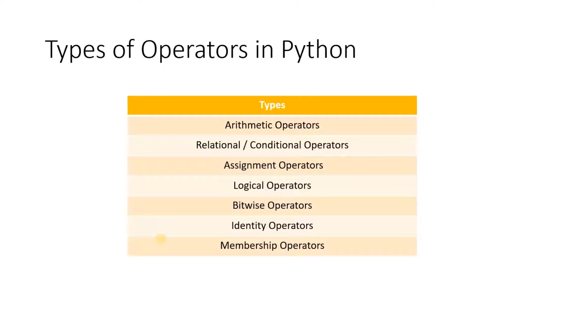Next, the various different types of operators in Python. There are around 7 different operators in Python. The arithmetic operators, relational operators, assignment operators, logical operators, and bitwise operators are the same as the operators which we see in other languages like C, C++, and Java, etc. The only two operators which get added into Python are identity operators and membership operators. We'll explain each and every operator with an example program. So let's move on to arithmetic operators first.